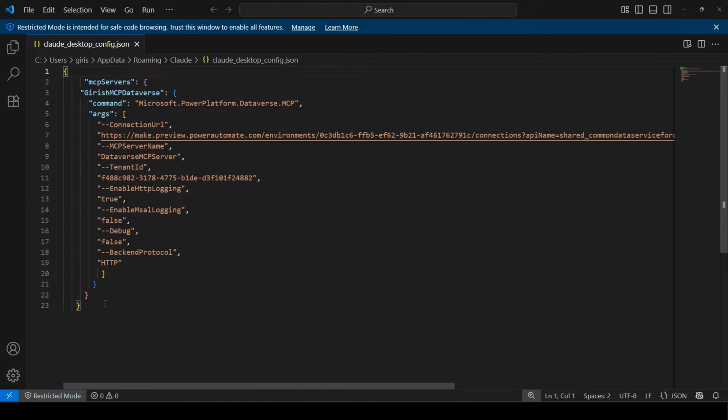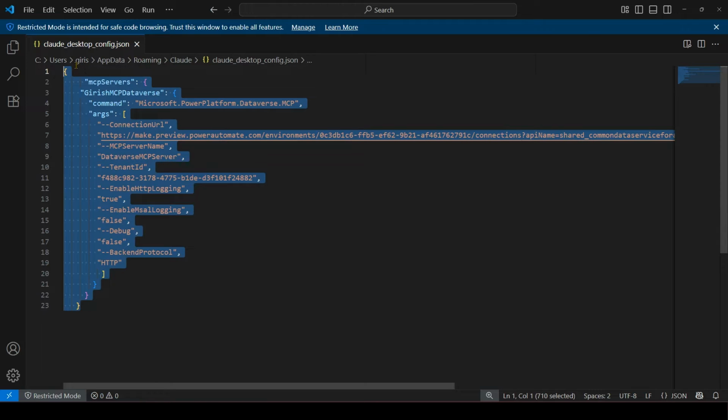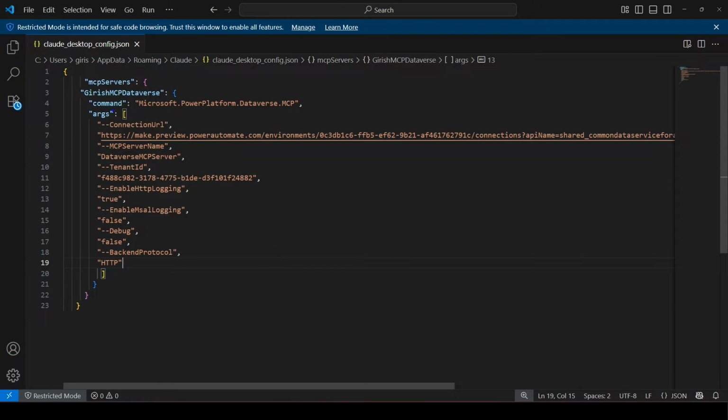You just need to copy this JSON code. Now, the only thing which you need to change is this one. You can call it whatever name you want. I called it Girish MCP Dataverse Server. Here, you need to copy a URL. Okay, I'll show you what. And then here, this is the MCP server name, Dataverse MCP server. I think that is fine. You just need to copy the tenant ID. So only three things: one is the name, what you want that MCP server to be called, the connection,